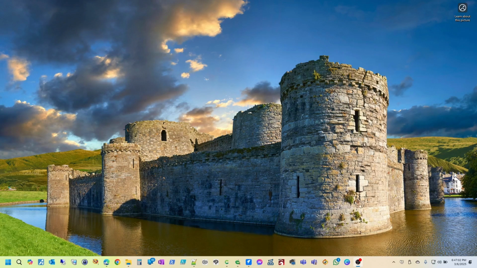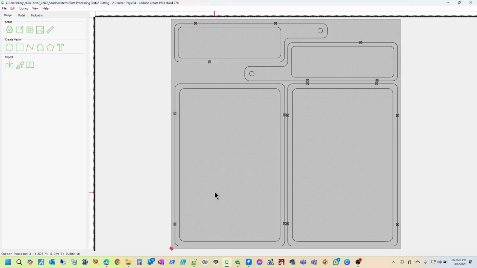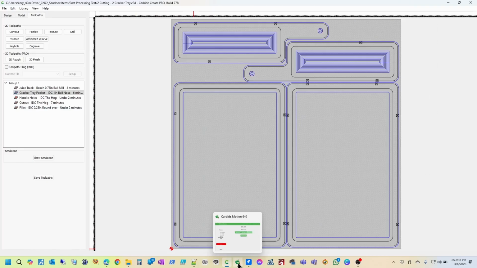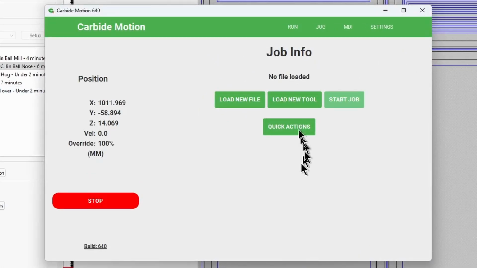We are trying to use VCarve Pro and a Shapeoko with a bit setter, and let me know which bit needs to be changed when you're doing multi-tools, right? So in Carbide Motion, we're probably all familiar with this. It was a best practice to put our tool in the toolpath name, which helped us with Carbide Motion. So when we would open Carbide Motion